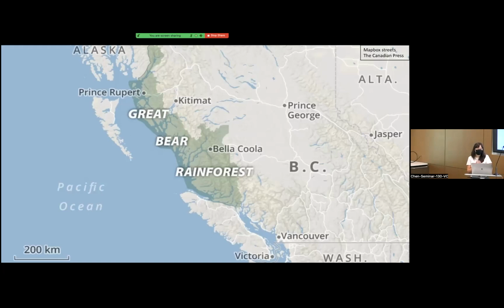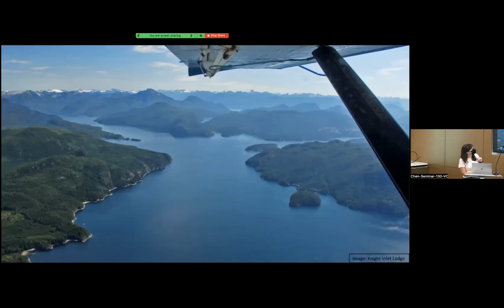So we are based at the southern end of the Great Bear Rainforest, which is this large tract of what's called contiguous, so it means connected, temperate rainforest. It's actually one of the largest remaining in the world, and it stretches from about mid-Vancouver Island all the way up to the border with Alaska and the Alaskan Panhandle. And this is what it looks like. Wow. So yeah, as I say, it's a temperate rainforest ecosystem that's carved by these glacial fjords called inlets, and so